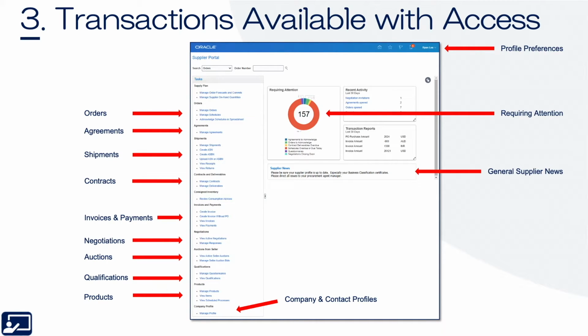Third topic, transactions available with that access. So different supplier roles, and these are their business roles, so sales agent or part of billing, invoicing, what have you, can use the portal to respond to different transactions such as those highlighted in this image: orders, agreements, contracts, invoices, negotiations, qualifications, and much more. And if you look down these on the left,